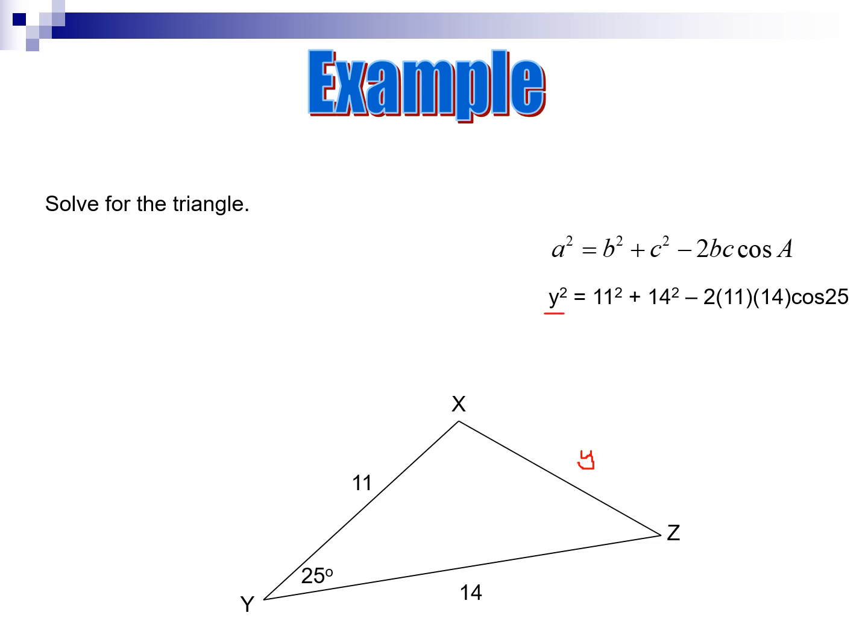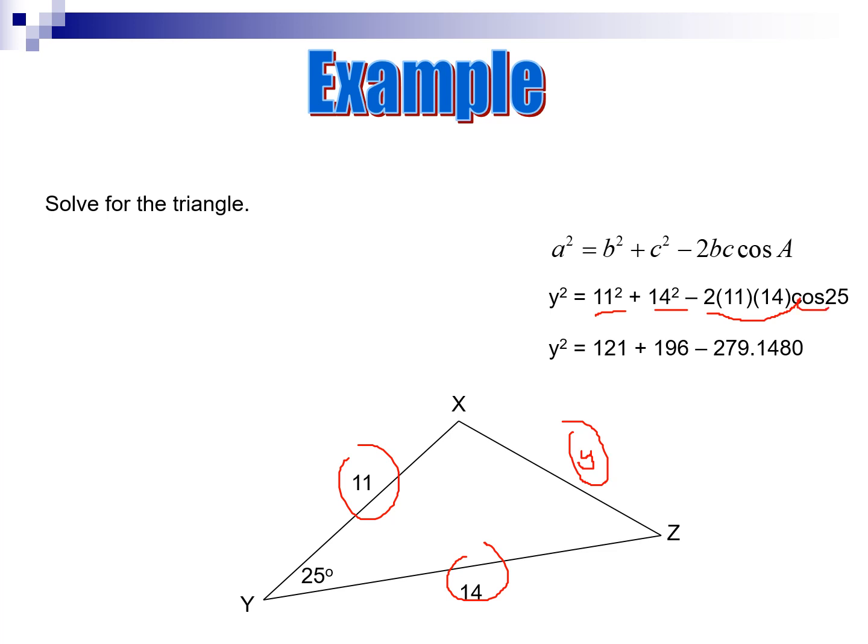Notice that the y is here. The b and the c don't matter. So I chose b to be 11 and c to be 14. And then fill in the rest of the formula. Minus 2 times b times c, and then cosine of the angle A. All right, at this point you have to be really careful using PEMDAS. Don't punch everything into your calculator because your calculator might not be smart enough to do PEMDAS. So go ahead and show a little bit of work. Do the 11 squared, do the 14 squared, and then this whole thing,